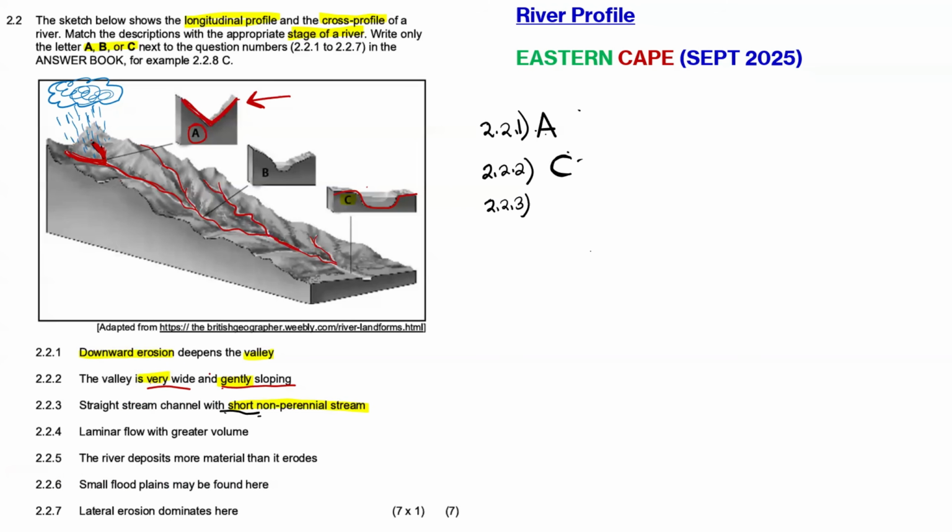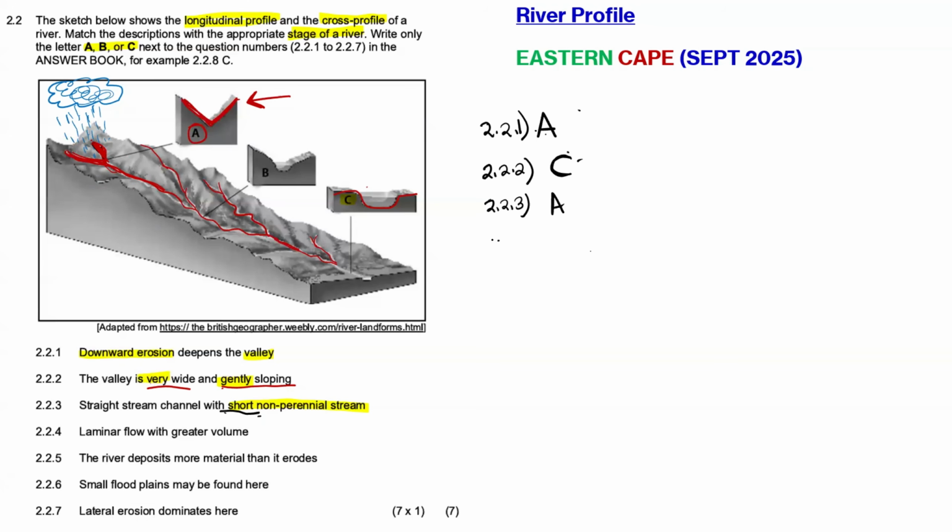They are not permanent. But the ones at the middle course, they will be more permanent because they are receiving water from the other ones there on top. But those ones that are receiving water from the rain and they are flowing their water down, they are not permanent, because if the rain stops, those are going to dry out. Those are short, non-perennial streams. So that's going to be option A, right?